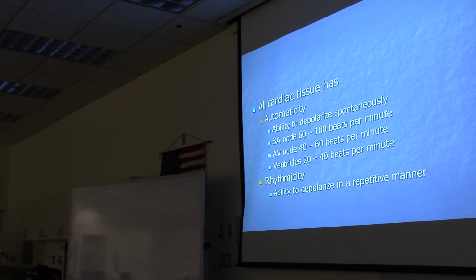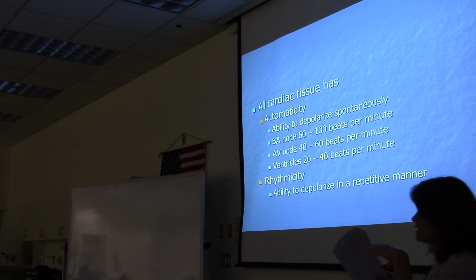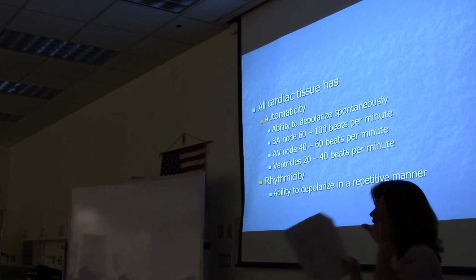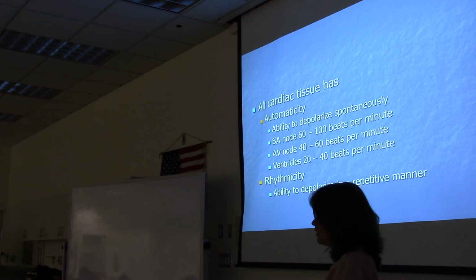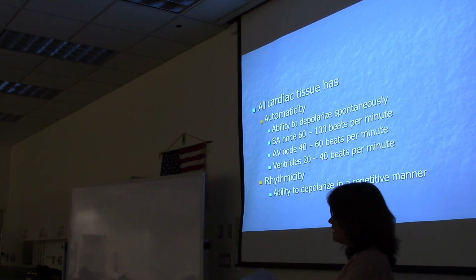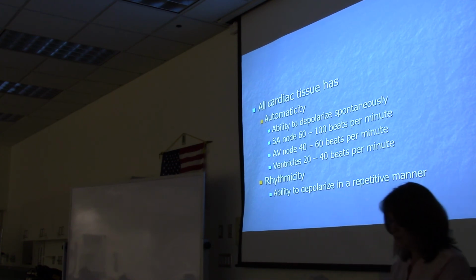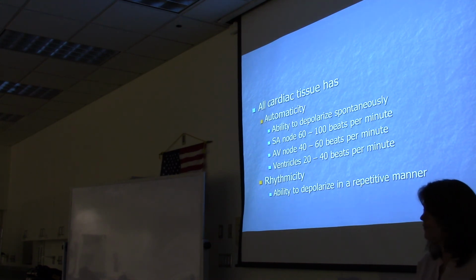So the SA node, if it was disconnected from the nervous system, it would still... let's see, how do I describe this? So the nerve that feeds the SA node, if you cut that nerve off, but the SA node is still intact, then it'll continue to initiate impulses 60 to 100 times per minute. So SA node disconnected from the nervous